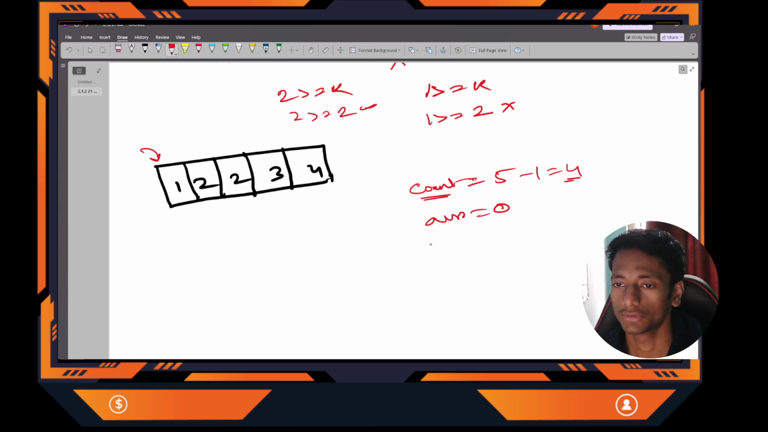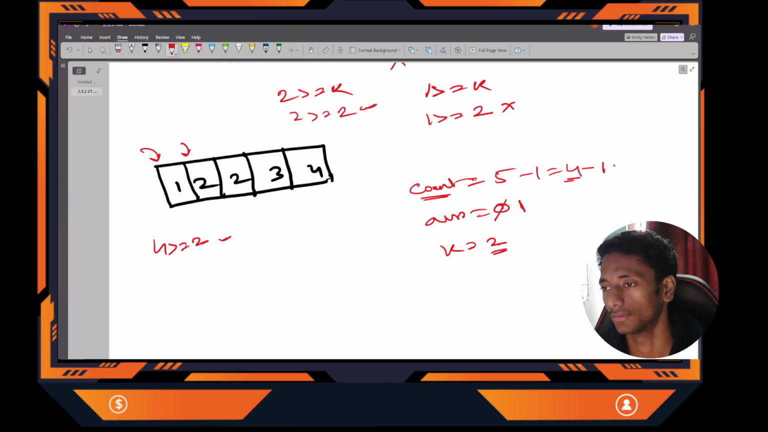Suppose k is again equal to 2. So 4 is greater than or equal to 2. Yes, so our answer will be increased by 1. Next, number 2. Before counting how many numbers are greater than this current number, first subtract this 1. This is actually 3. So 3 is greater than or equal to